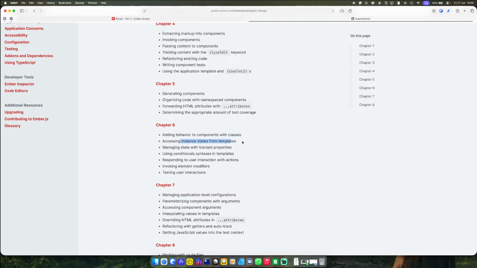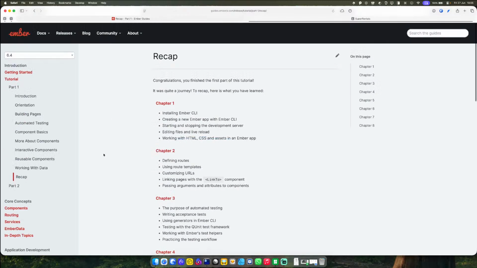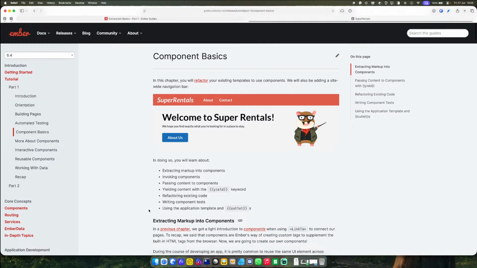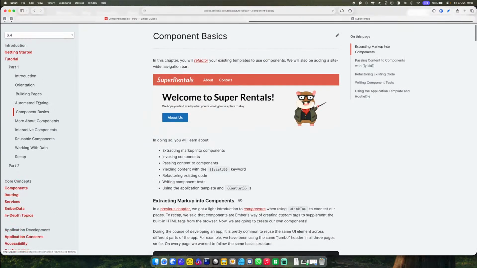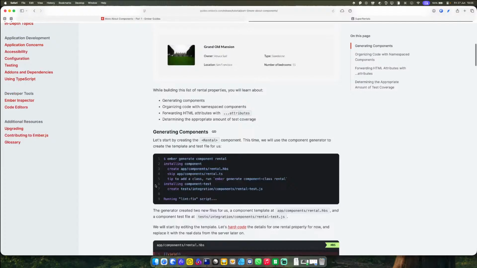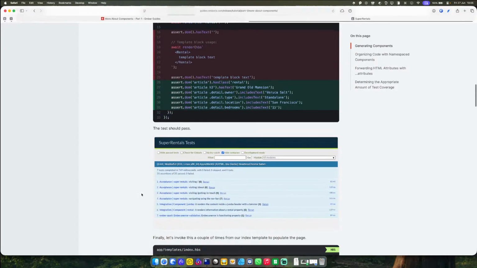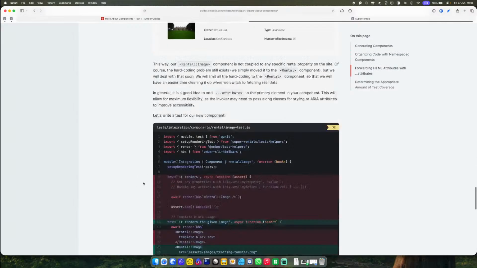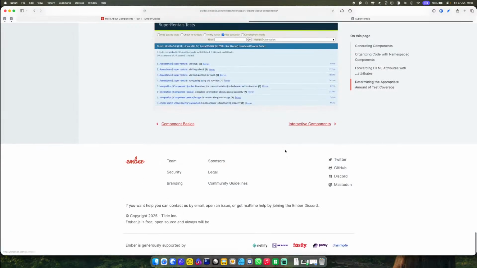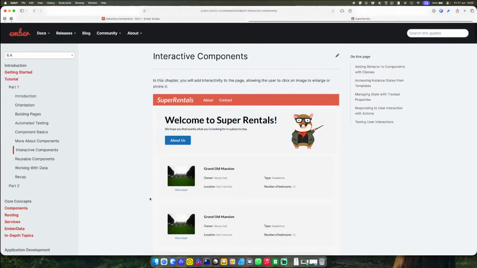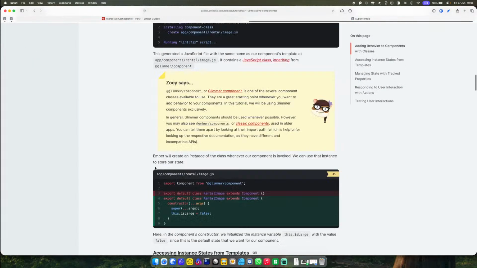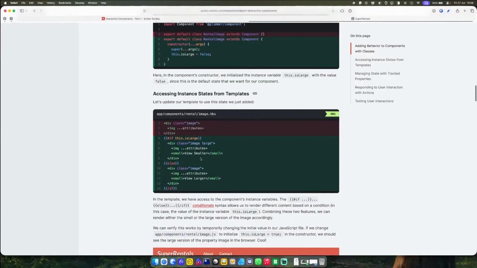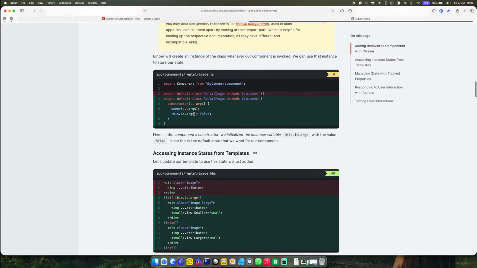Accessing instance states from templates. What was that again? Let's go back. Let's remind ourselves. Component basics. This is chapter 6. 1, 2, 3, 4, 5, 6. So, what do we do? Interactive components. Adding behavior. States. Oh yeah. Okay. Right. Yeah, so this is the state stuff. So yeah, we've got